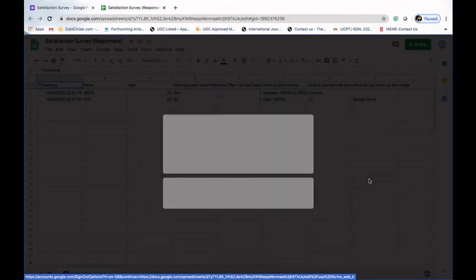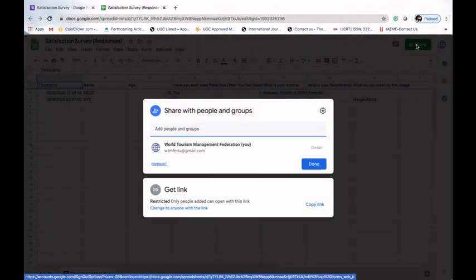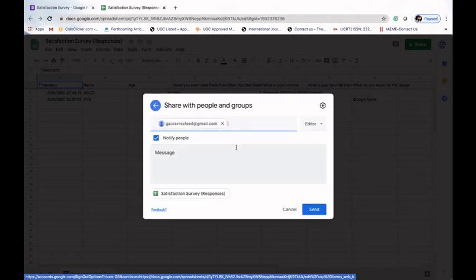Since this share option is right now locked, we can see that this is private and this is available to me only. If I want to share this file, I have to click on this button, and I have to add other people. Okay, so if I added the people in my Google contact list, I can directly add their name, or I have to add their email ID if I haven't added them as a contact in my Gmail. So in this case, I'll write the email ID of a person. So this is the email ID of this person. Okay, I'll click on this, and here I can assign options to him.